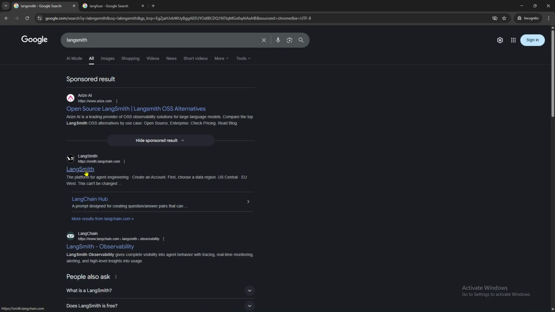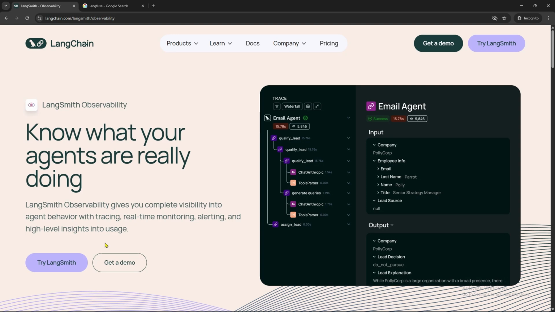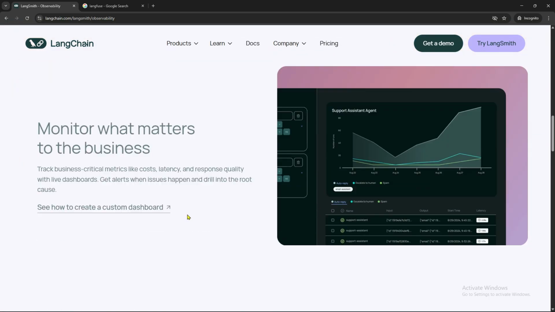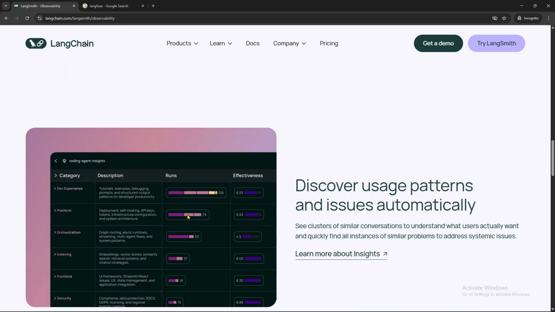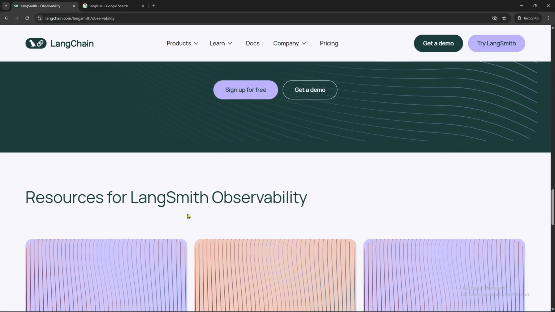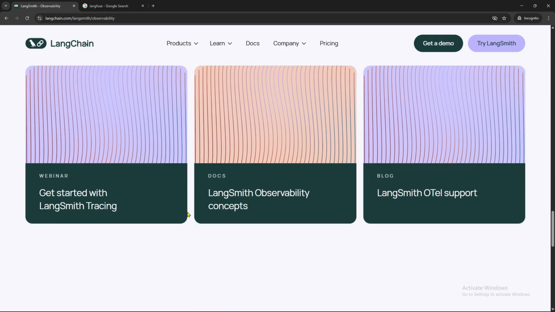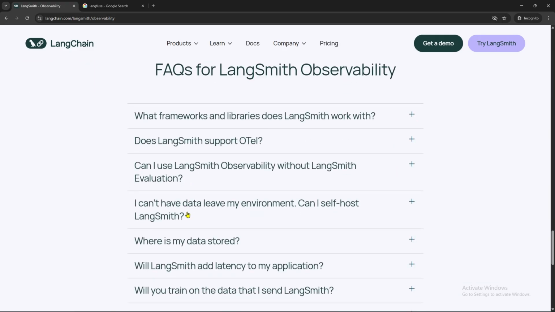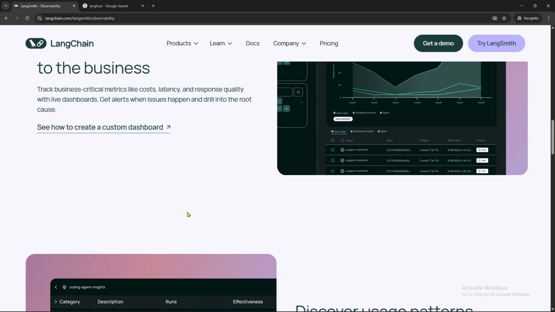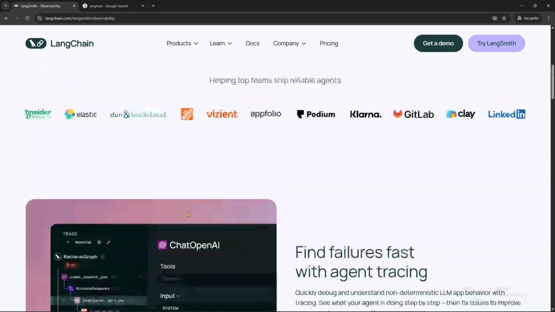First off, we have Langsmith. This one right here is built by the LangChain team, which offers a polished, ready-to-use experience with integrated observability, prompt management, evaluation workflows, and seamless tracing. It is particularly suited for developers already using LangChain, allowing teams to quickly adopt advanced tracking and debugging capabilities without worrying about infrastructure